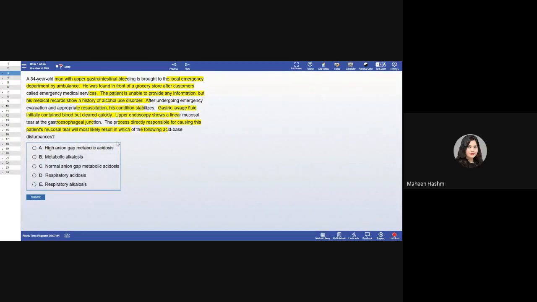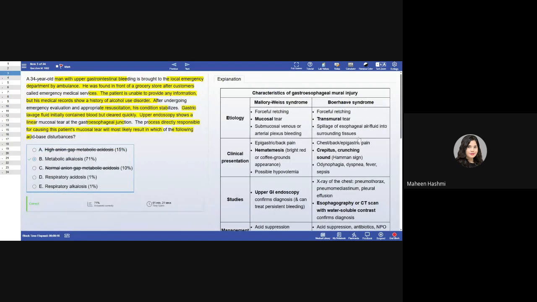Again, if you vomit and your stomach produces acid, if you're going to vomit, that means you're taking out all the acid from your body through the vomiting. As a result, alkalosis develops in your body. Again, what type of alkalosis will it be? Metabolic or respiratory? Metabolic. Very good. Remember it is hypokalemic, hypochloremic metabolic alkalosis. Your potassium levels will also go down. That's very high yield for you to remember.